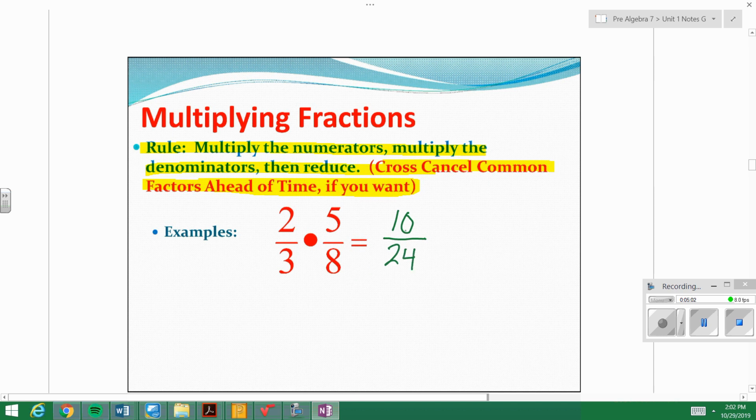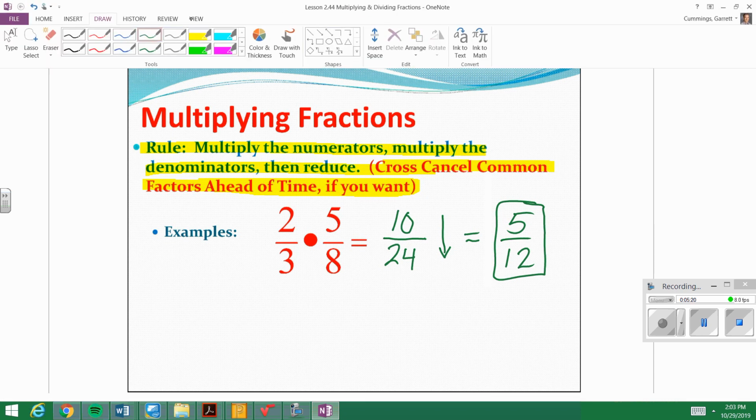Now, if you notice, that fraction can be reduced. 10 over 24, they have a common factor of 2. So I'll go ahead and reduce that out to make 5 over 12, and that cannot be reduced. Okay? And when I say that you can cross-cancel common factors, well, if you want to make your